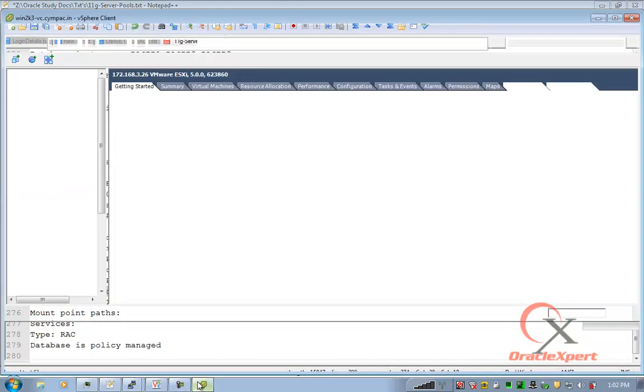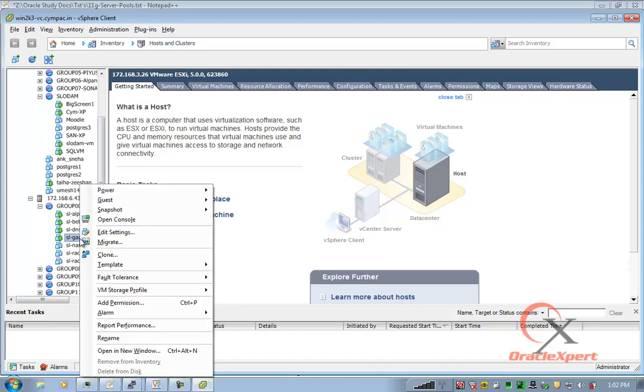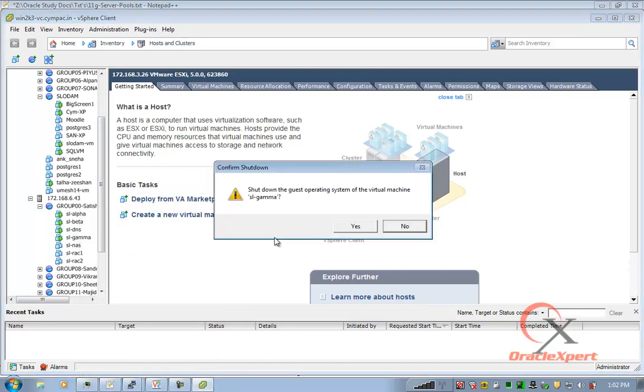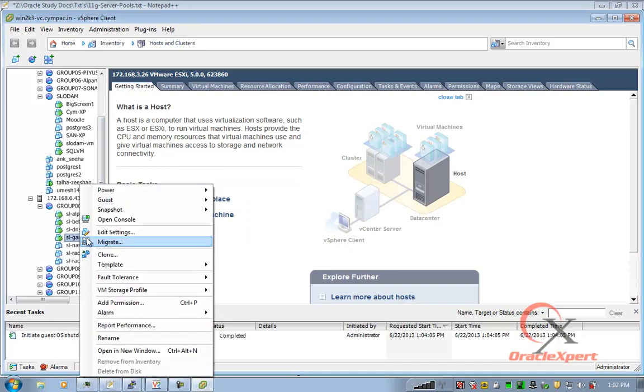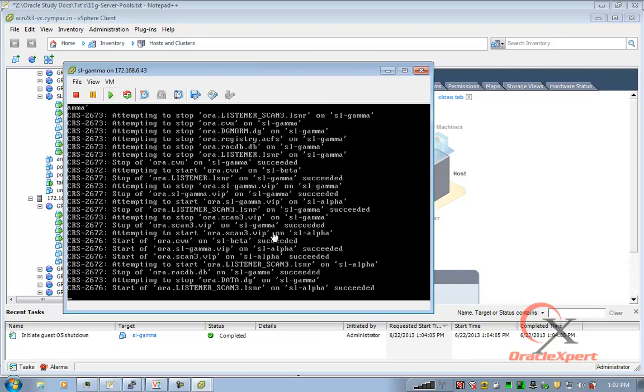Now I am going to shut down the Gamma node. Assuming it's going for an abrupt shutdown. And I would like to see what happens to my policy managed database now. See here, the node is going down.